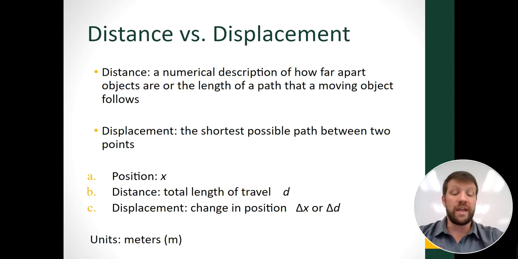Distance will have a total length traveled, that's typically d, and displacement would be that change in position, delta x or delta d. Both are going to be measured in meters, and you're more commonly than anything going to see x represent a location of an object, and thus a distance covered will be that delta, which means change in, x or potentially delta d as far as the distance being traveled